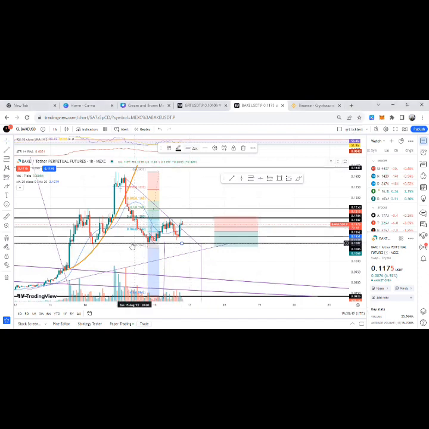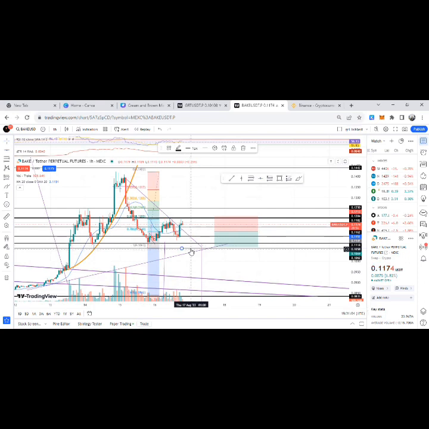Okay, so this area here is where we have our neckline. We have it from that area to where the wick has touched, which is somewhere around here. So I'm going to reduce the size of this one. From here to here is our neckline, which tells us that once price drops and breaks or closes below